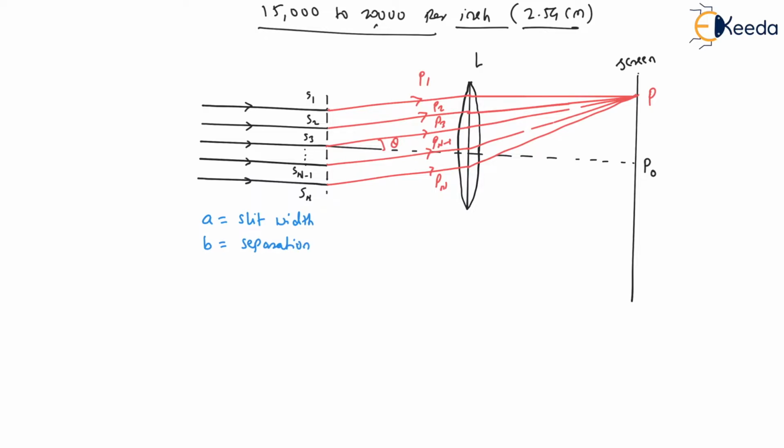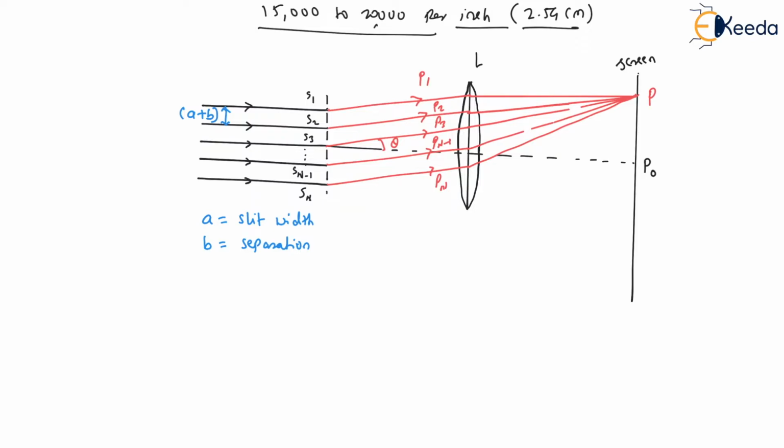This is what? Separation. Again, in the double slit, I have already explained that the distance between two adjacent midpoints, S1 and S2, will be A plus B. Half of the first slit is A by 2, half of the second slit is again A by 2, the addition of these two is A, and the separation between them is B. So the total length of S1 S2 will be A plus B.